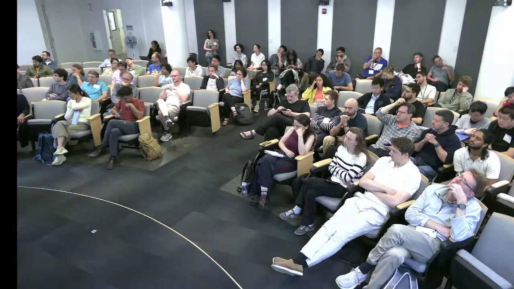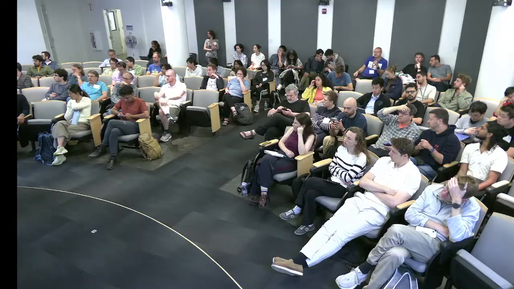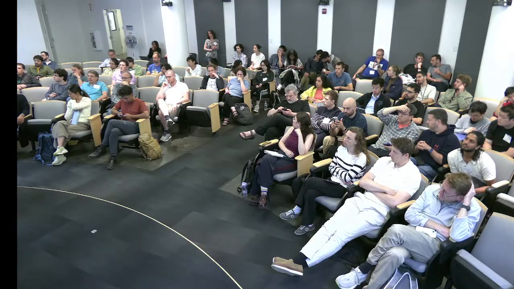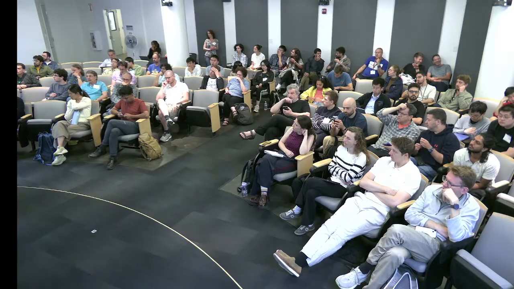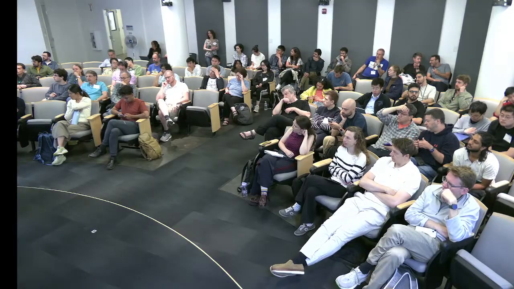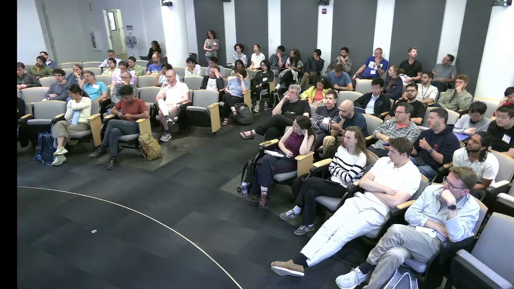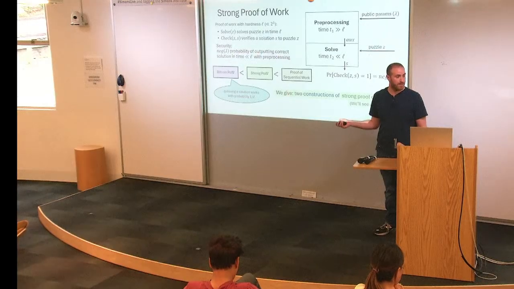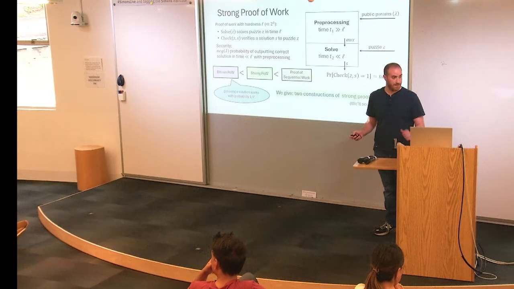The big difference is that it's sort of a guaranteed amount of work versus for proof of work it's an expected amount of work, no? Here it's an expected amount of work, whereas for us it's guaranteed. Yes, yeah. Sorry, I misspoke. I don't require a guaranteed amount of work. We have two constructions. One has a guaranteed amount of work, and one is expected. But the probability, if you're far from this, should be negligible. Ah, okay. Like you just want a very tight concentration. Yes, yeah, we want a very tight concentration.